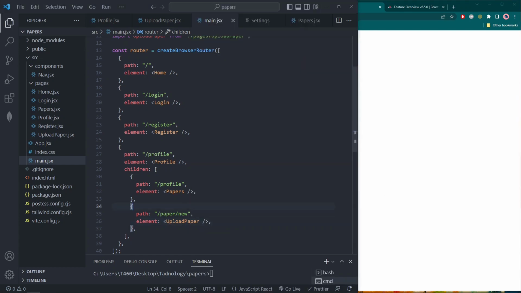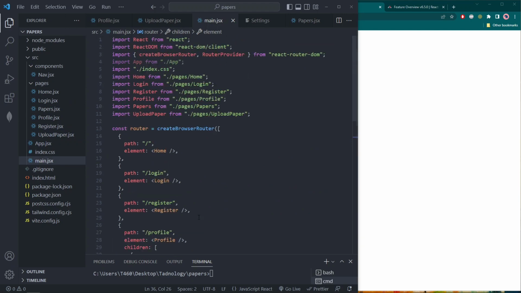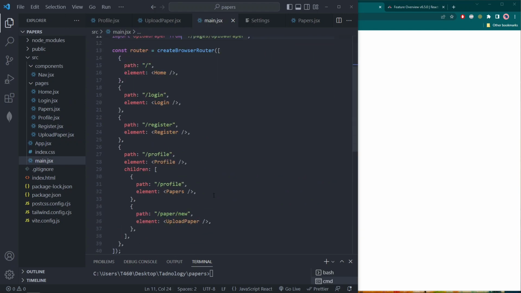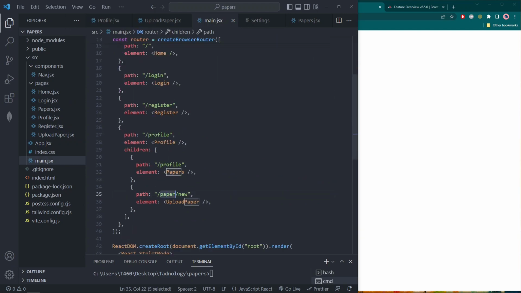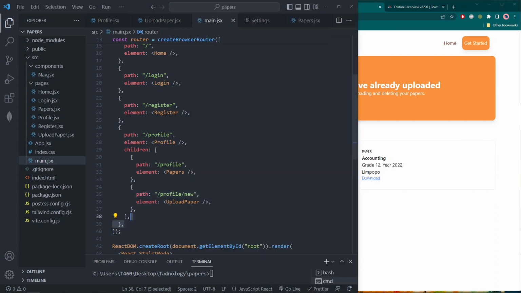There's a problem. Upload paper, go back. Did we import it? We did. Okay, so wait, it's supposed to be profile new. Yes, so add paper here. So this add new paper, it's supposed to take us to this page, and then when we're on this page,